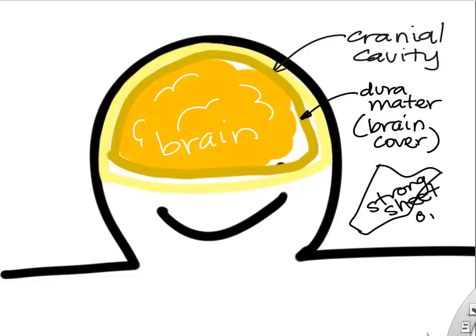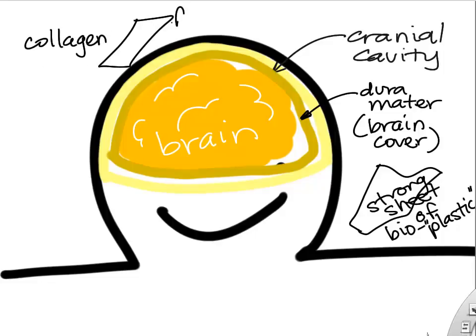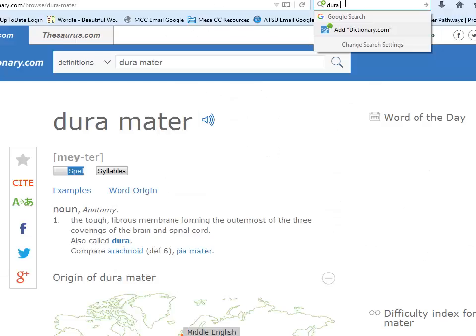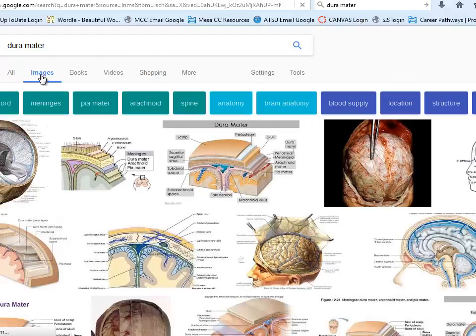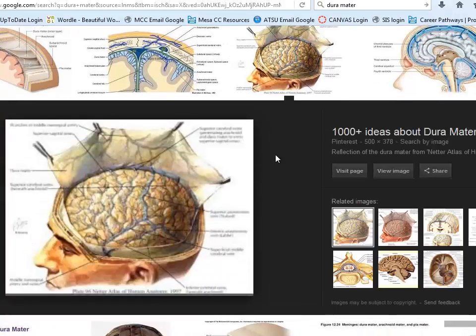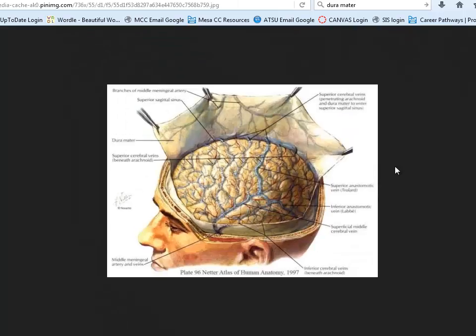Again, why learn this now? Well, I just wanted to get you in the mindset of how anatomy is based on Latin, and how we can sort of learn each of the organs has its own wrapping. All right. Again, if you wanted to see the Dura mater, just type in Dura mater in Google